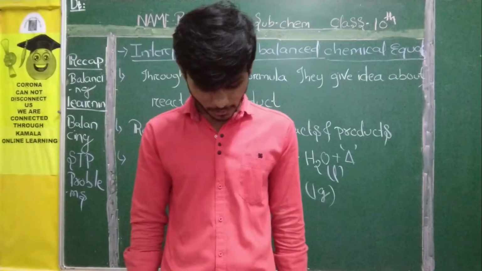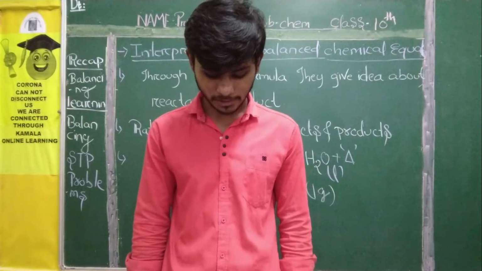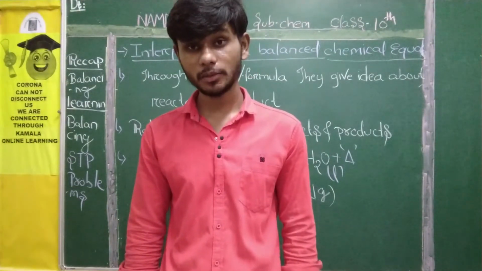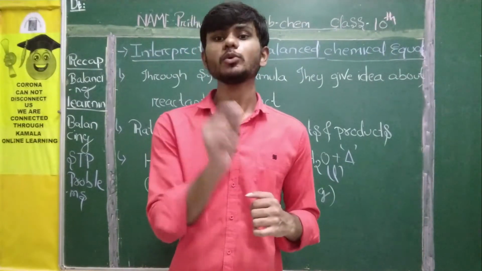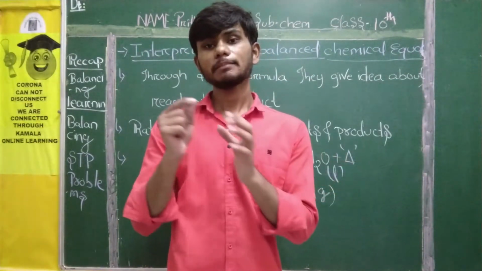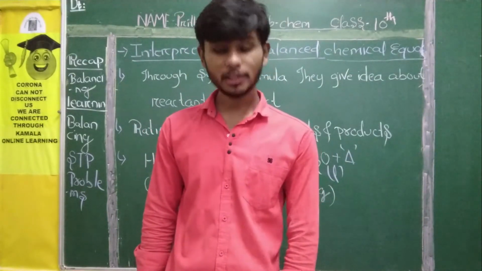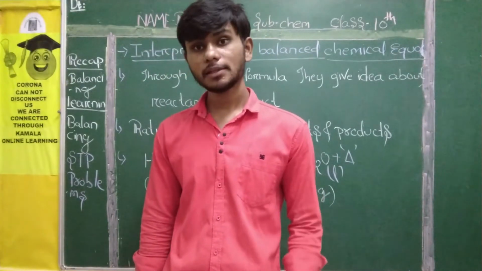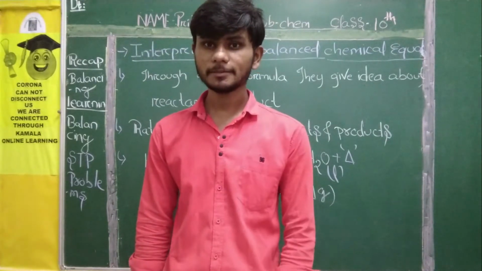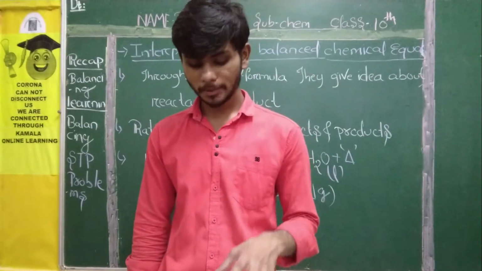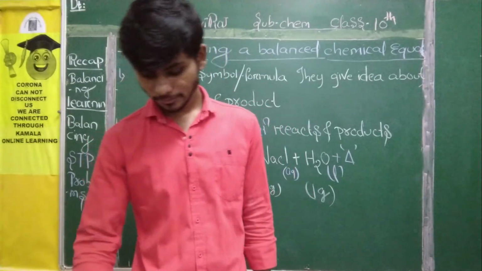Using molar mass and Avogadro's number, we can calculate the number of molecules and atoms of different substances from the equation. Avogadro's number is 6.023 into 10 to the power 23. By using Avogadro's number and the mole concept, students, we can calculate the number of molecules, number of atoms, mass and volume in a particular equation in an easy manner. How? Let us solve one problem, then you can get it. How can we solve all these things?